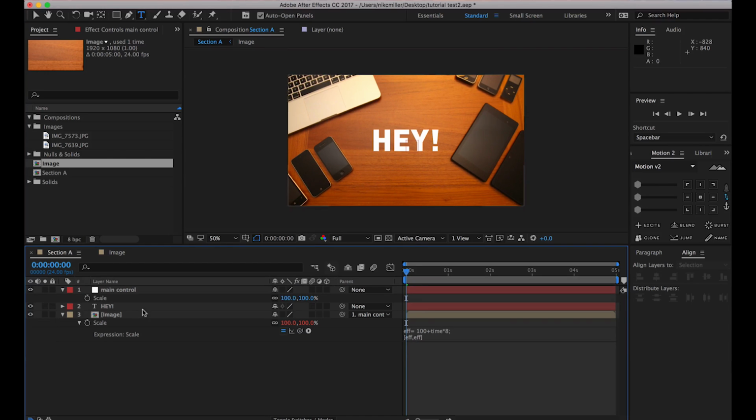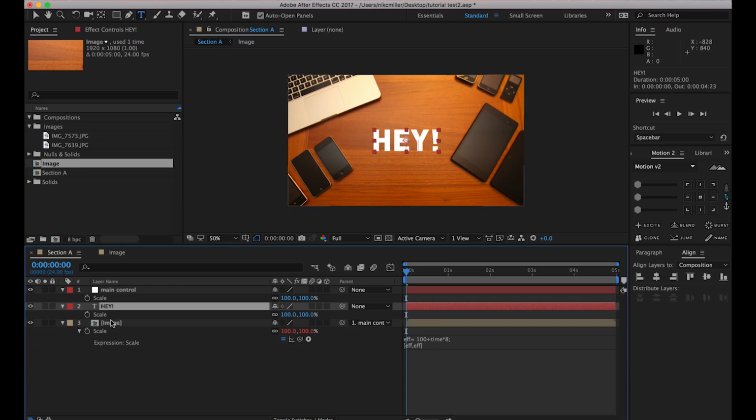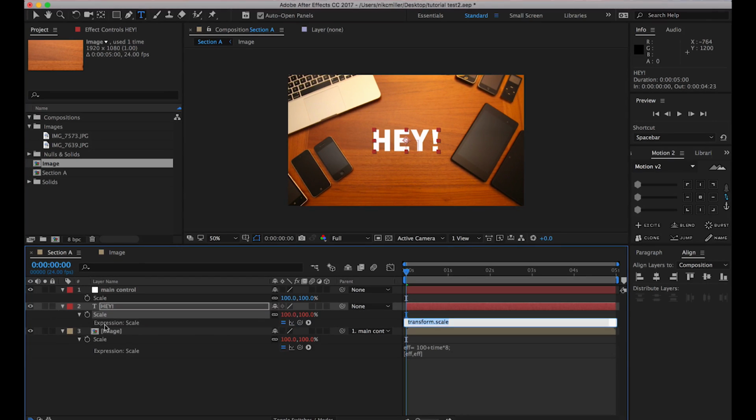Nothing groundbreaking there. For the text itself, I want to not tie it directly to the null, but I'm going to tie the scale of the text to the null, but with an offset. And this is going to give it a kind of depth of field feeling that you would maybe achieve with a camera and separating the layers, but instead of making them 3D layers, I can just do this effect. So for that, I'm going to do an offset, and